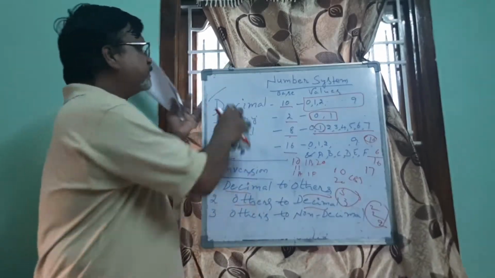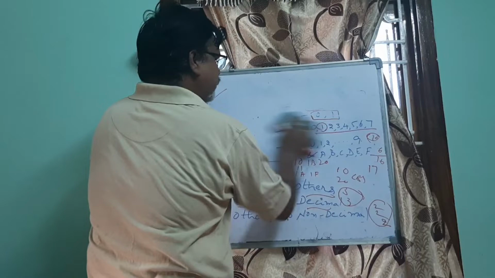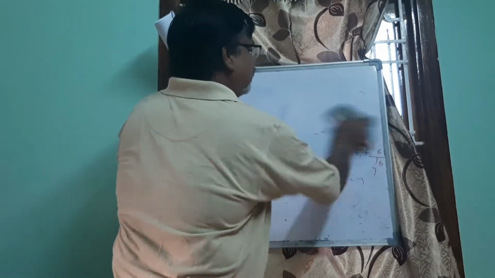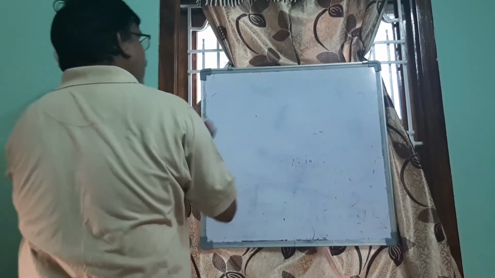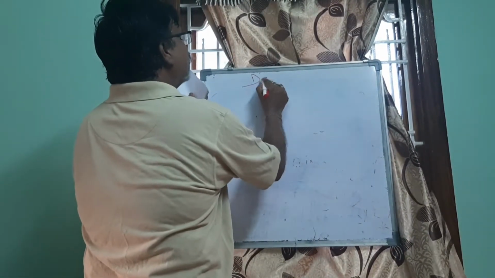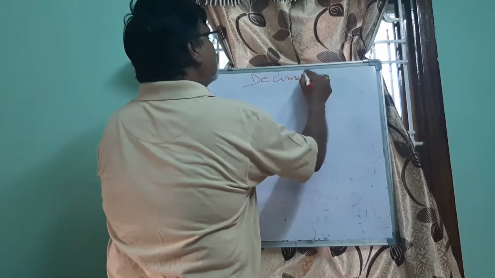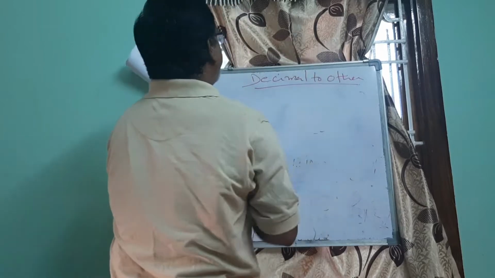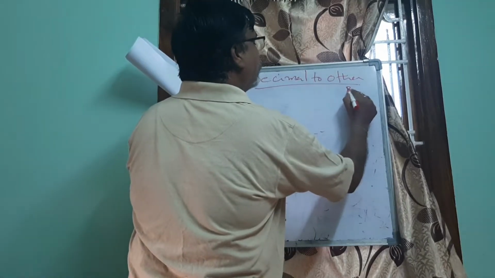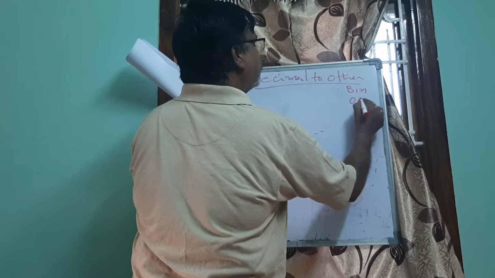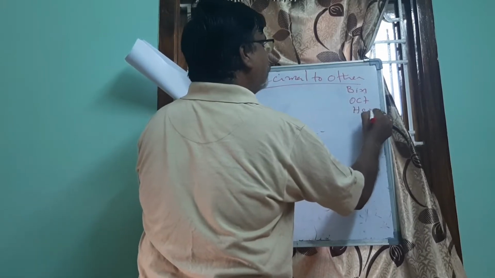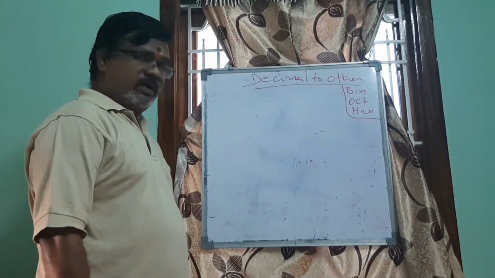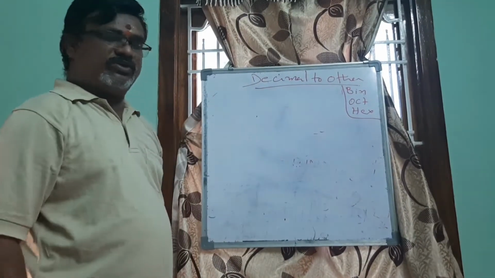So first let us take the conversion of decimal to any other expected base. So first decimal to other base. You know very well, other base means you have binary, you have octal, you have hexa. So we need to take a decimal number and convert it into those 3. First let us take